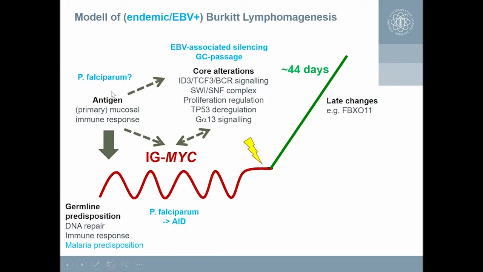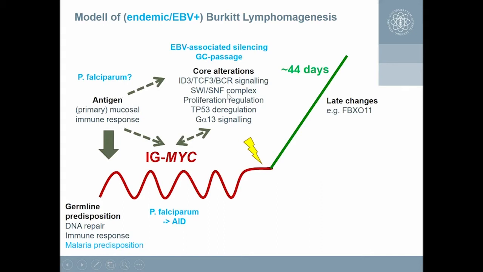So I think the type of translocations and the presentation, either in the ileocecal region or in the jaws, could point to an antigen which particularly exerts its function on the mucosal cells, so mucosal B cells, and that the first experience to antigen might be important for the development of Burkitt lymphoma. And if you take immunodeficient patients, they might have lost their memory in IgA and might again have a new primary mucosal immune response, which would also fit into this scheme.